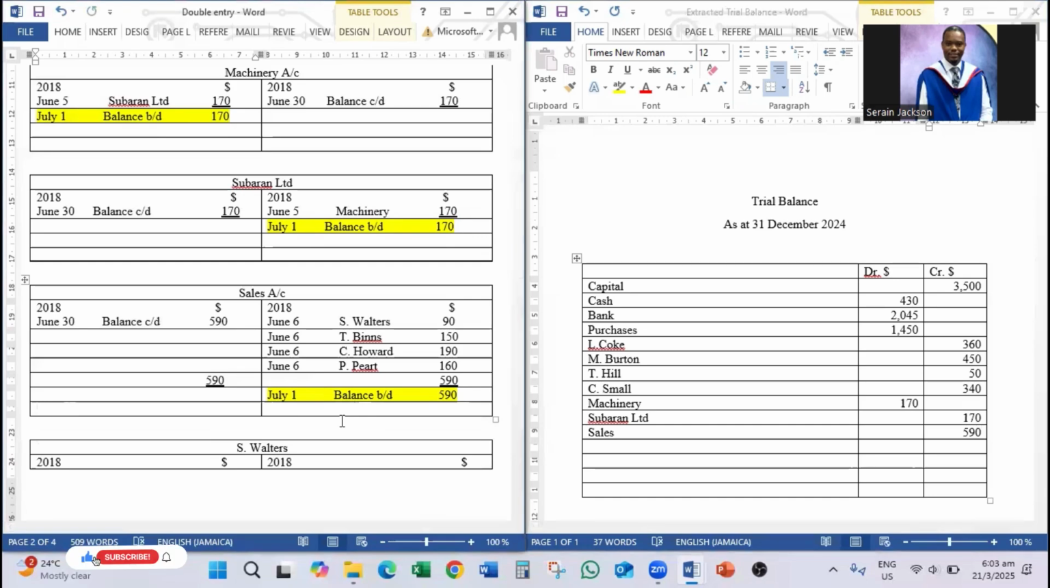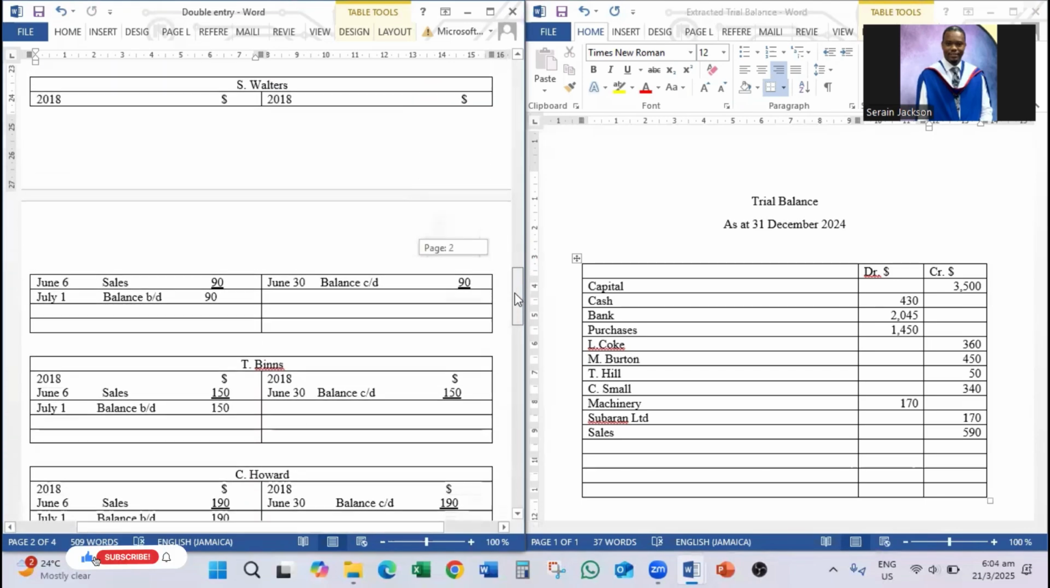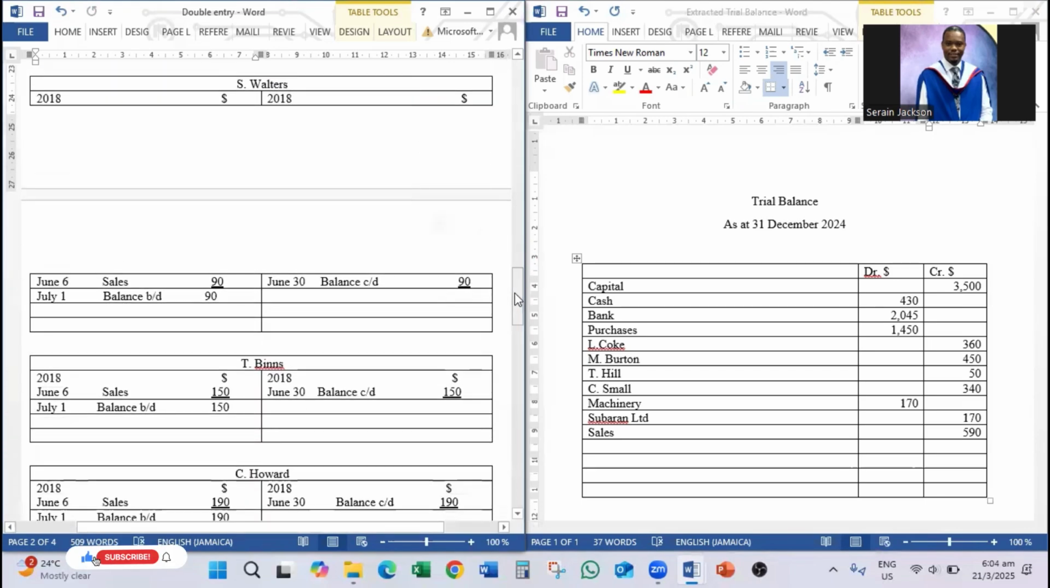And then we're going to move to S. Walters. S. Walters is what we would call our debtor or accounts receivable. That's what they're calling it now, right? So accounts receivable, the balance brought down is on the debit side. So S. Walters, which is $90. And all of these other persons are going to be debited. T-Bins, 150. C. Howard,